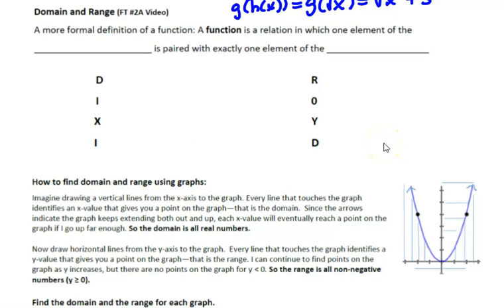Our next topic is domain and range. To introduce domain and range, I want to go back and give you a little bit more formal definition of a function. Before we said that in a function, each x pairs with just one y, or each input has exactly one output. We could also say a function is a relation in which